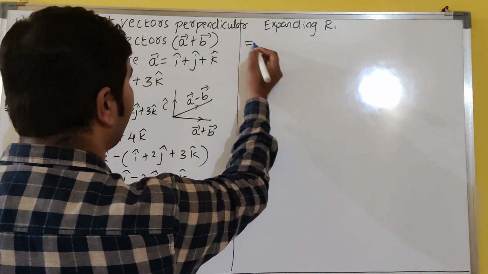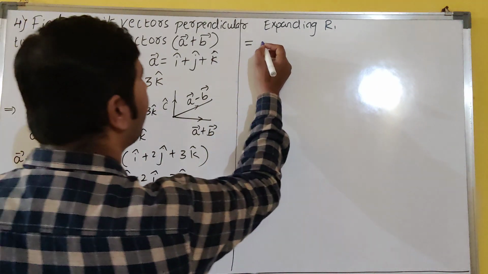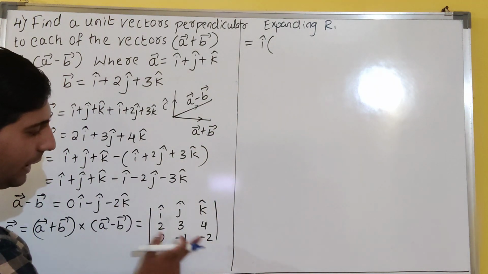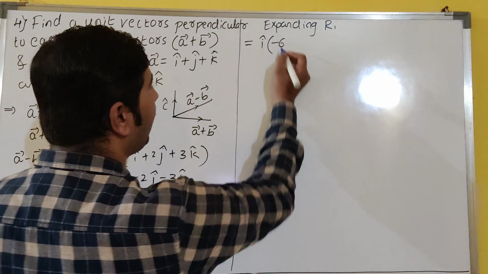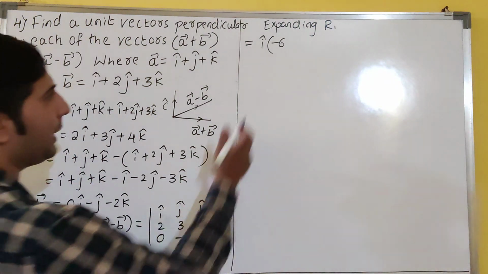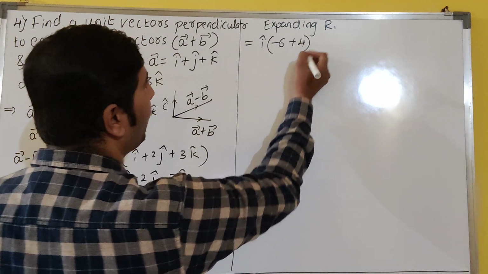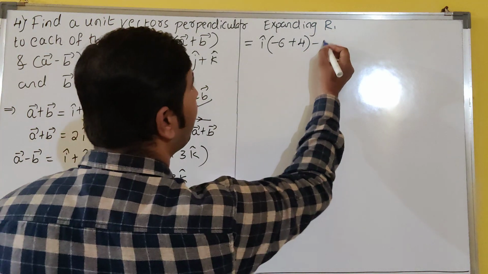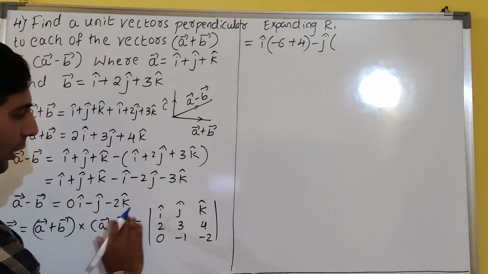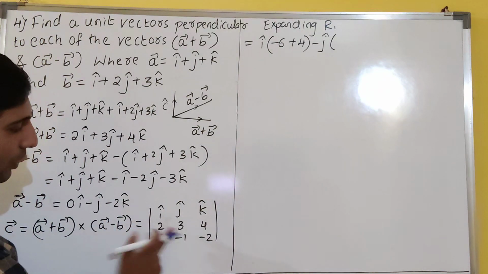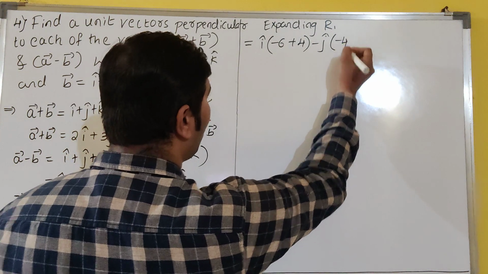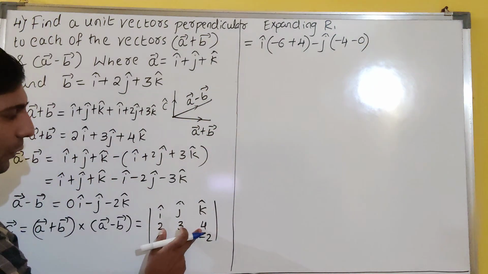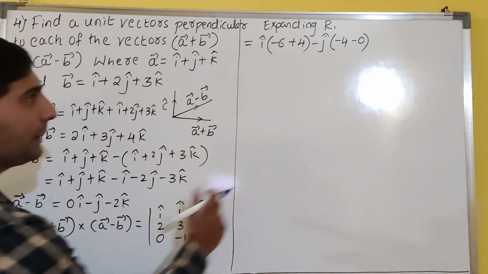R1, what you will get, you see here. i cap, bracket. So first row you leave, first column: 3 into minus 2, that is minus 6. Minus 1 into 4 is minus into minus, plus 4. You know how to expand the determinant. So now minus j cap. First row you lose, second column: 2 into minus 2 is minus 4, 0 into minus 1 is 0. 0 into 4 is 0 only you will get. So plus k cap you write,